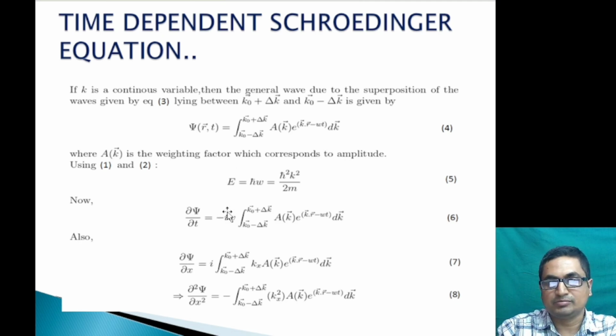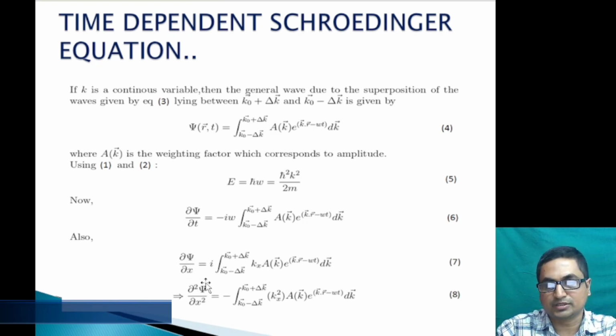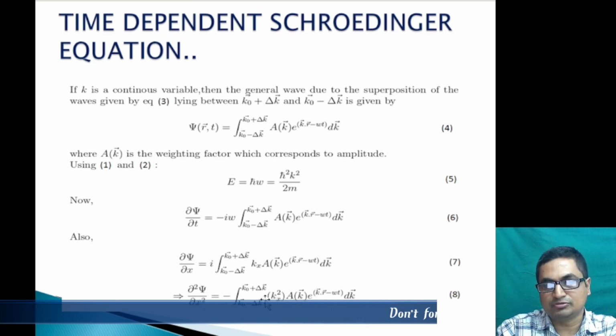Similarly, when we partially differentiate psi with respect to x, k dot r is actually kx times x plus ky times y plus kz times z. If you take a dot product, k has three components kx, ky, kz, and r has three components x, y, z, and in that sense it is like this. So equation 7 represents the partial differentiation of psi with respect to x, and further differentiation will give us